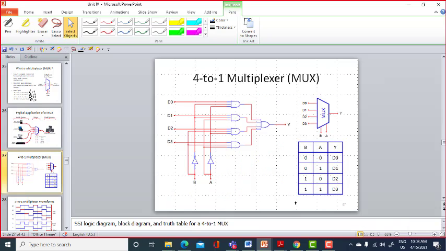And in a 4:1 multiplexer, assume those 4 inputs, your MP3 and the others, you have one output Y and 2 select lines A, B. So AB will be having 0 0, 0 1, 1 0, 1 1. D0, D1, D2, D3 will be your input sources, the multiple input sources that will be transferred to your Y.